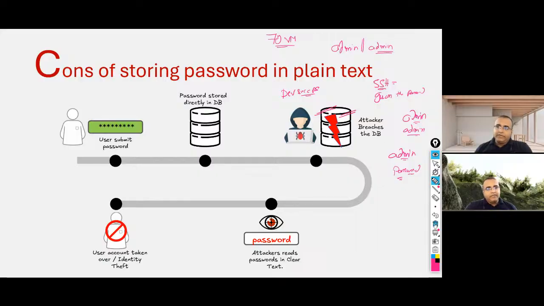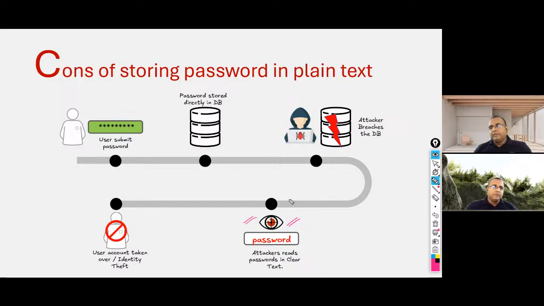Once this user is able to look at the password, he is able to completely take over the account. You might think, okay, fine, this particular website got hacked, I don't have to worry about it, unless you think about password